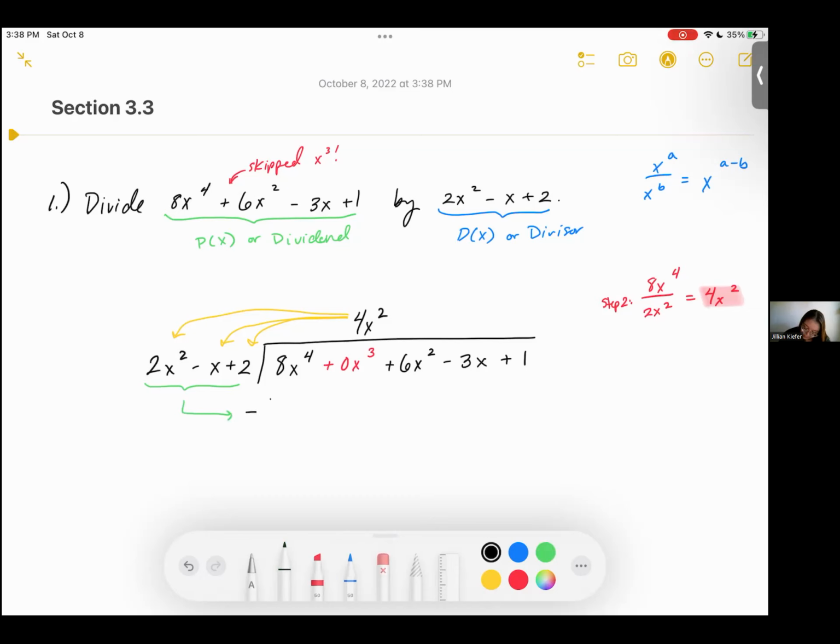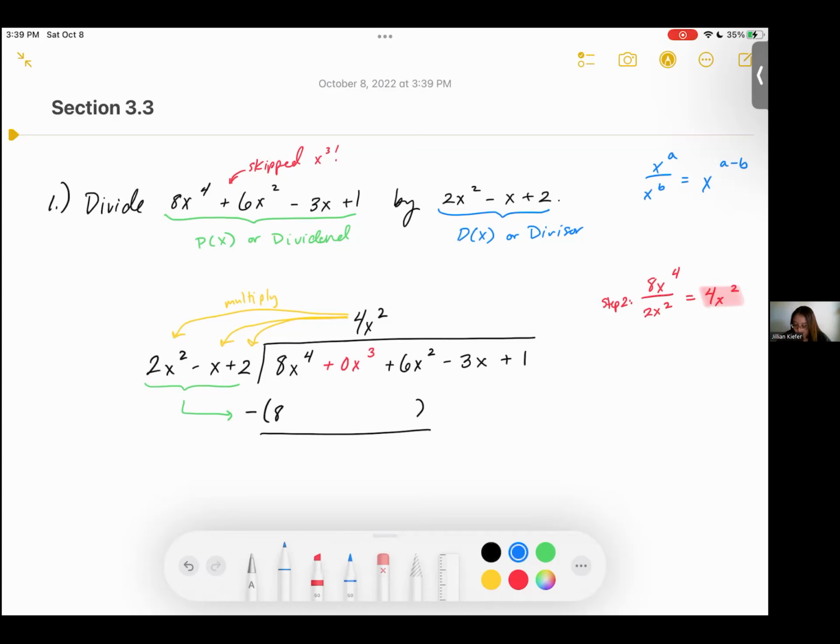So we're going to subtract all of those values. So all right, starting off with 4x squared times, and we'll write multiply right here, multiply. 4x squared times 2x to the power of 2. 4 times 2 is 8. And x to the power of 2 times x to the power of 2 means that you would add those